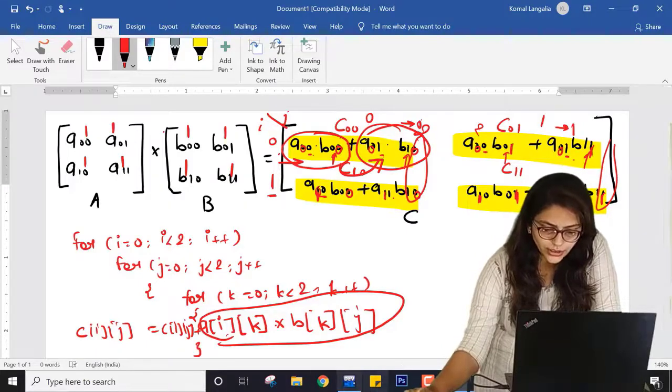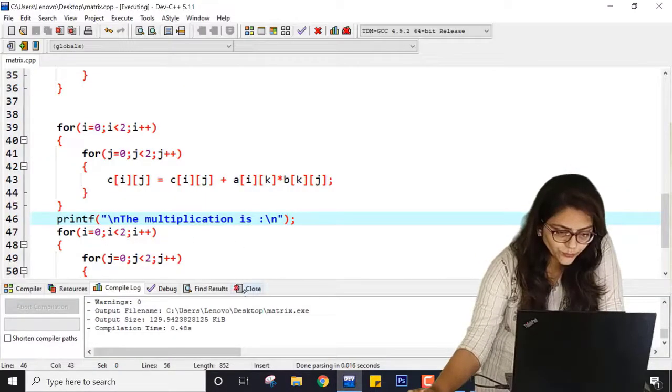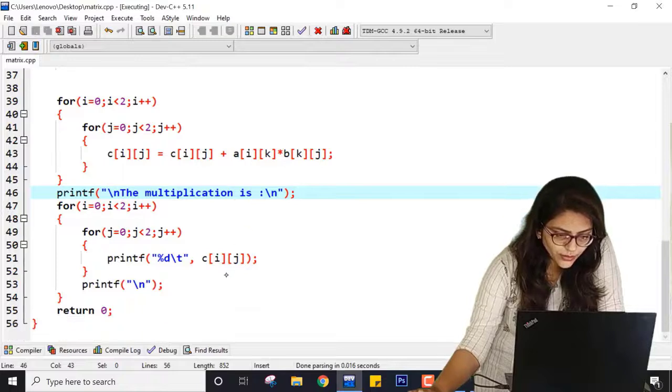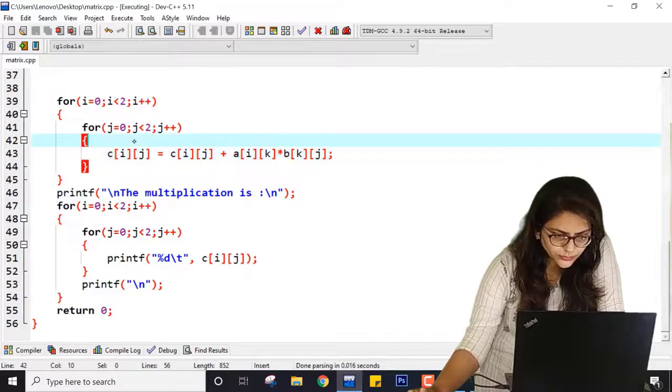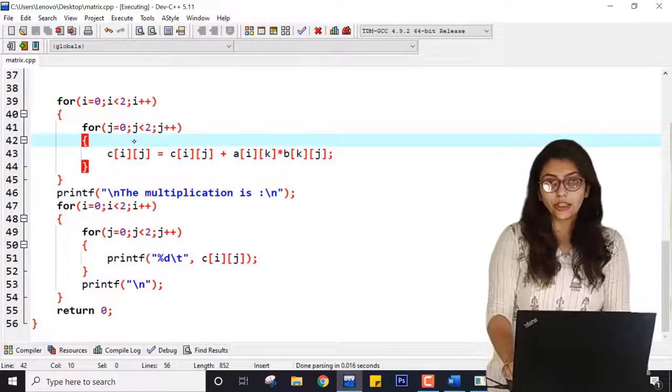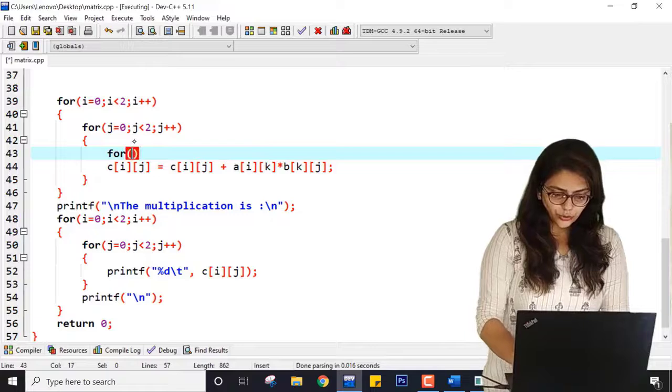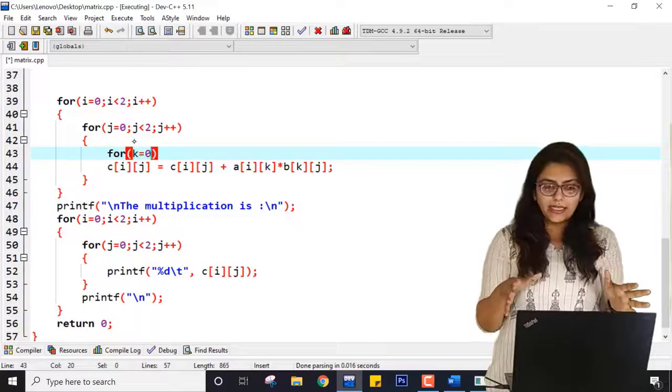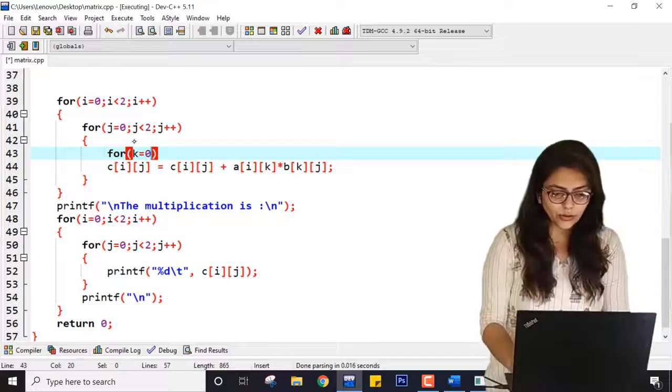So what is the issue? Let us check. Now here we are printing C of ij. Here we have not taken the kth loop. That was the issue. Can you see we are not getting the correct answer because we have not used the kth loop.